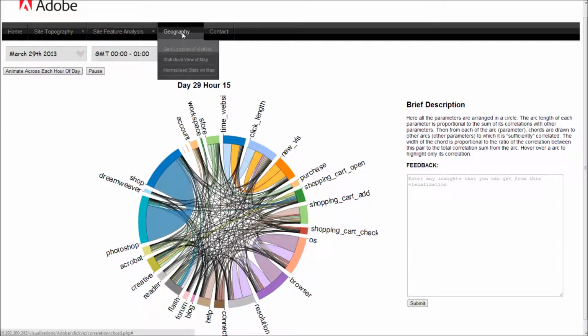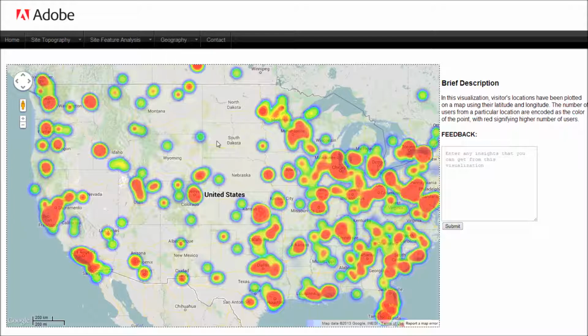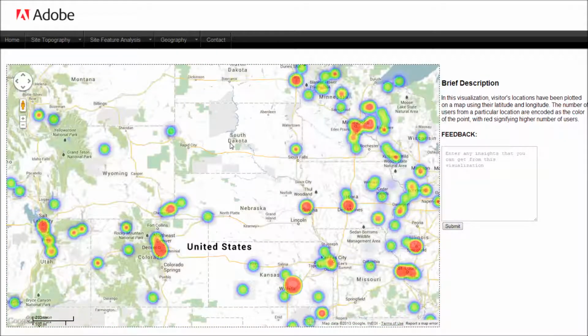So the next aspect is how does a website look on a geography? How does a website look means where are my users at the geographical level? So this is a plot showing the visitor distribution of the visitors to your website. The red part indicates the high density and the green a little lower, and the rest are just like that. Not many visitors are there.